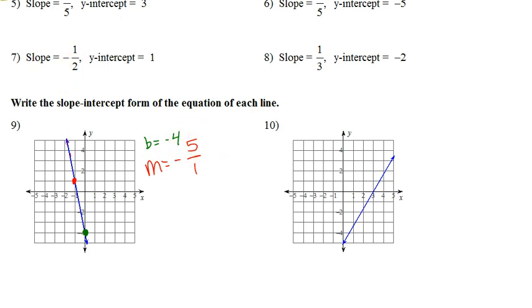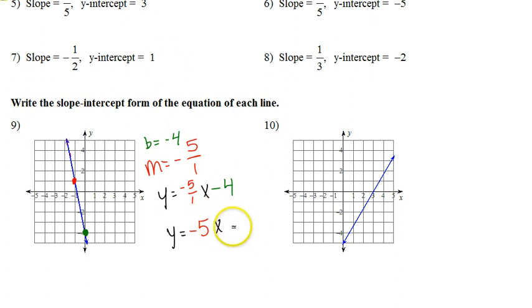I can write out, just like I did on problem number 3, an equation of a line from this. Y equals, I'm going to leave some space for my m, put the x, and my m is -5 over 1, and my b is -4, so this is going to be -5 over 1x minus 4. Now you could simplify this equation down a little bit. You don't have to, but it looks prettier if you look at this slope right here. -5 divided by 1 is just -5. So I can change this piece right here to be -5. It's the same exact thing. -5x